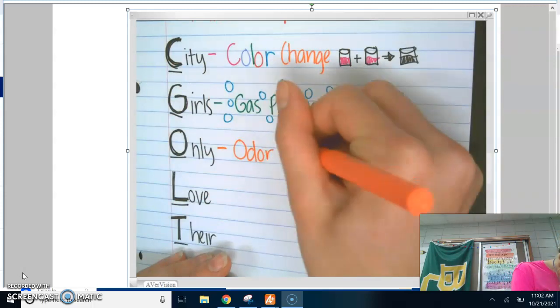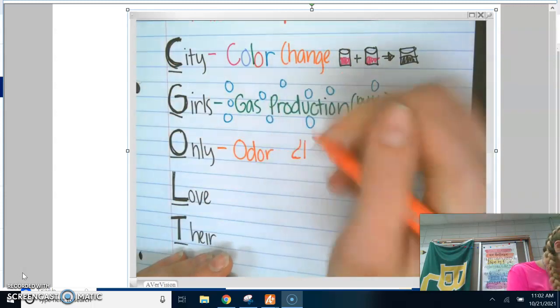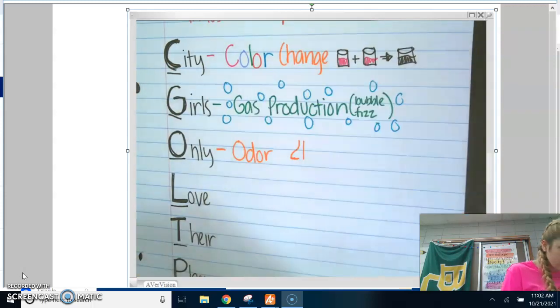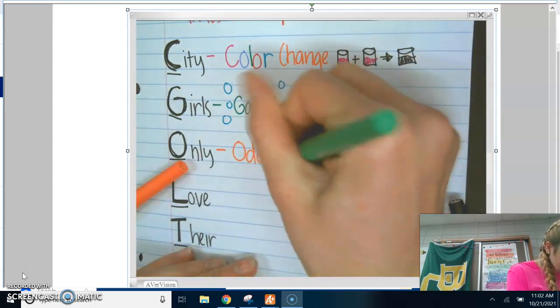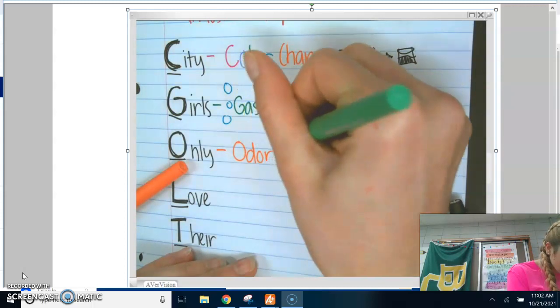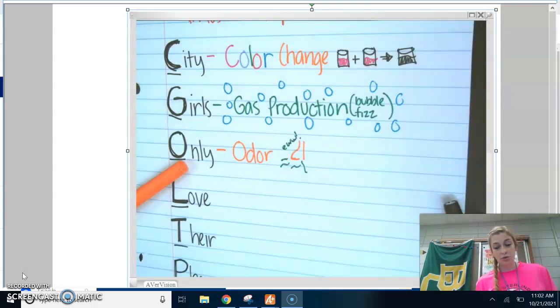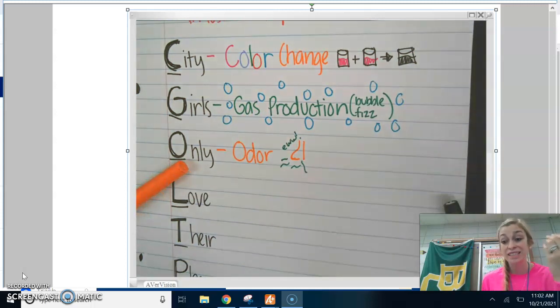And here's my best nose. And it's smelling a nasty scent. Ew. O stands for odor. So if we combine two things that don't have a scent and it starts giving off a scent, that's evidence